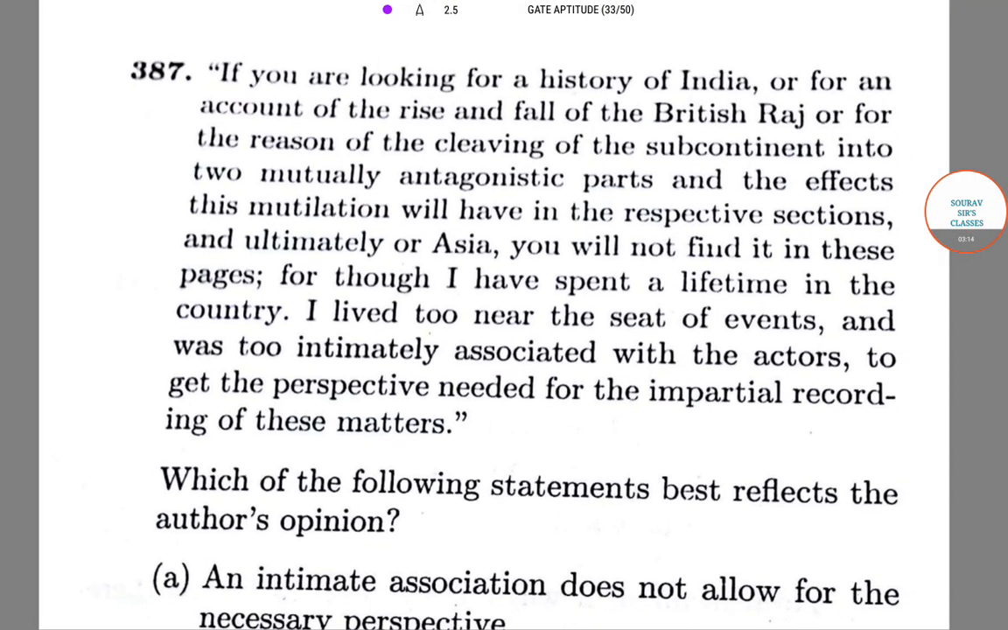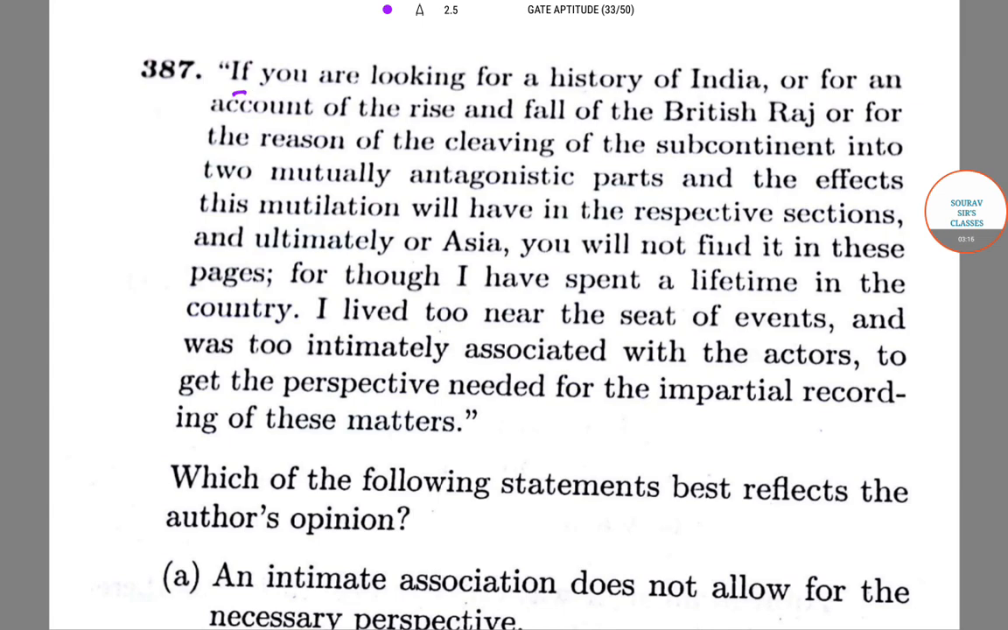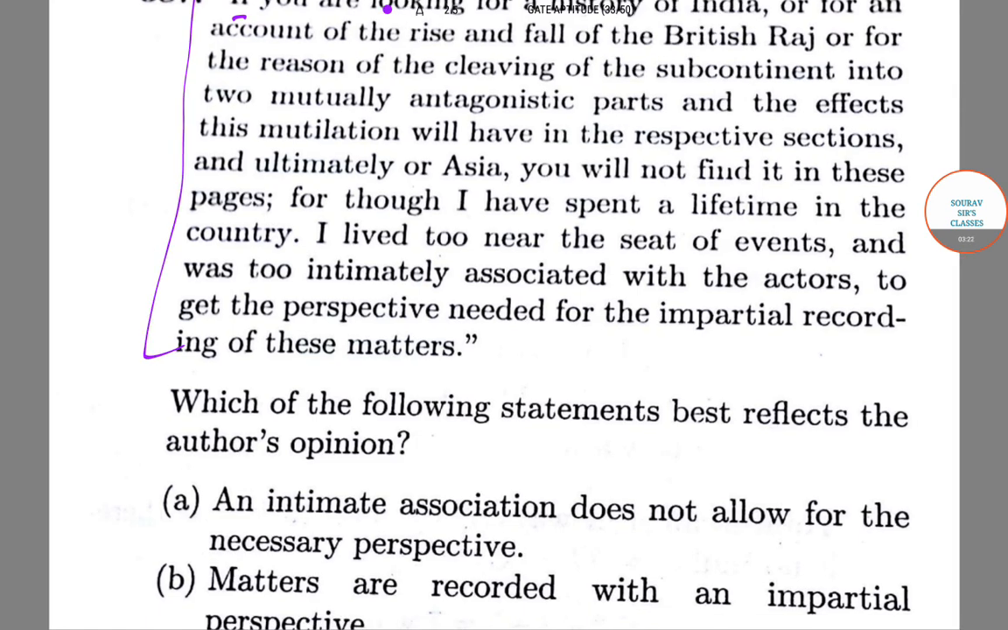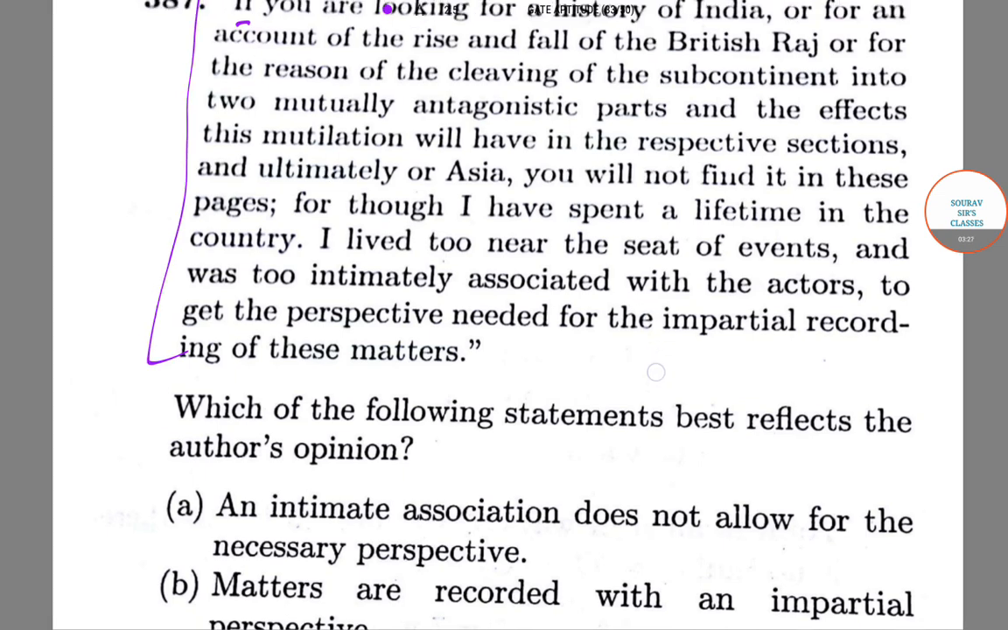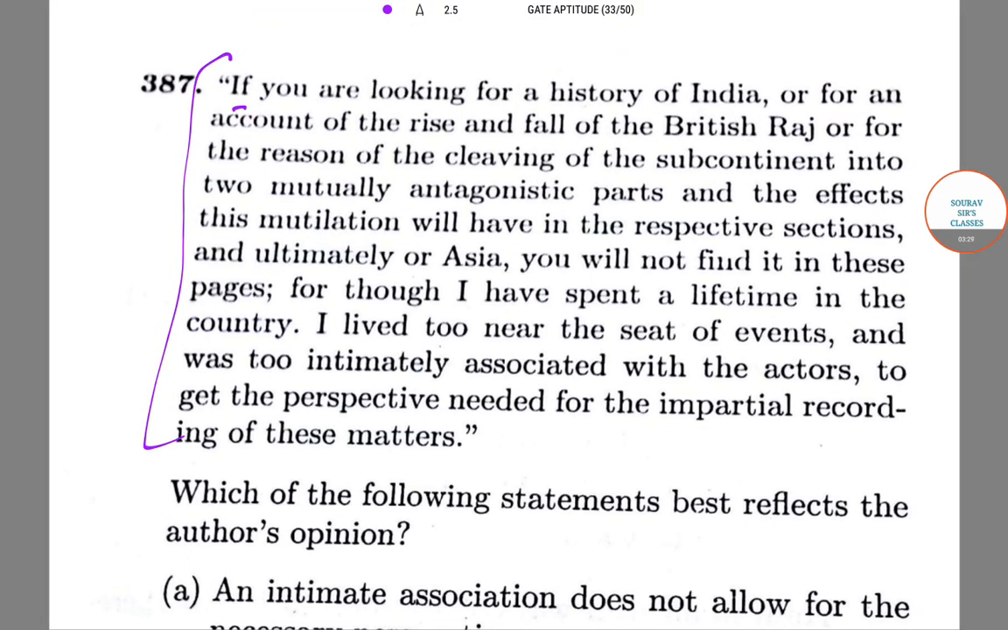The next question is, basically we have been given a passage and we have been given 4 statements. Now from these 4 statements, we need to choose the statement that best reflects the author's opinion. So the passage is, if we are looking for a history of India or for an account of the rise and fall of the British Raj, or for the reason of the cleaving of the subcontinent into 2 mutually antagonistic parts, and the effects this mutilation will have in the respective sections and ultimately on Asia, you will not find